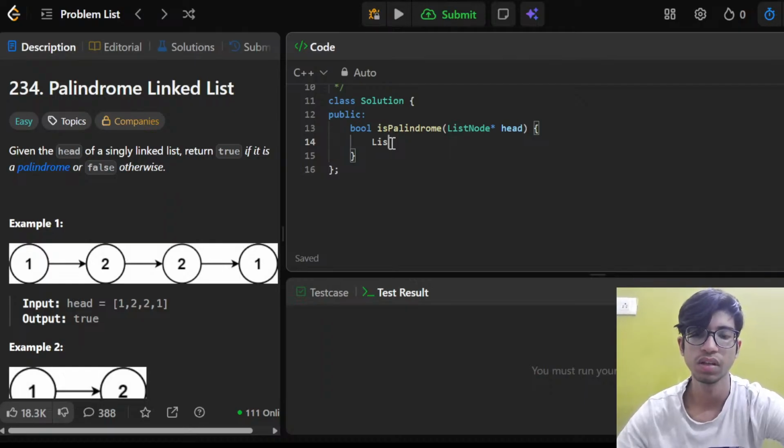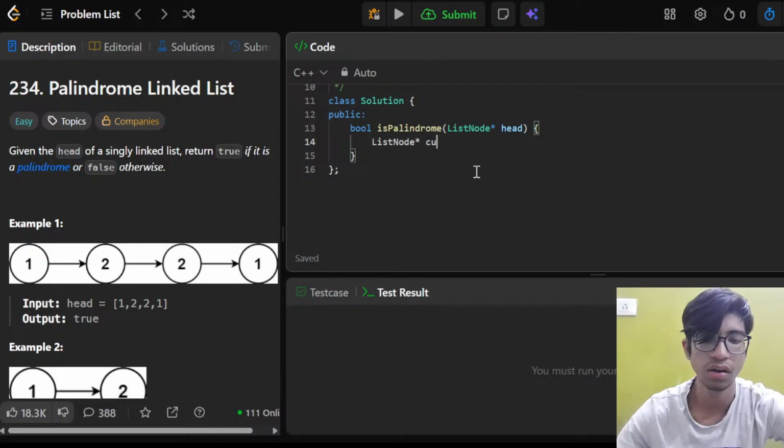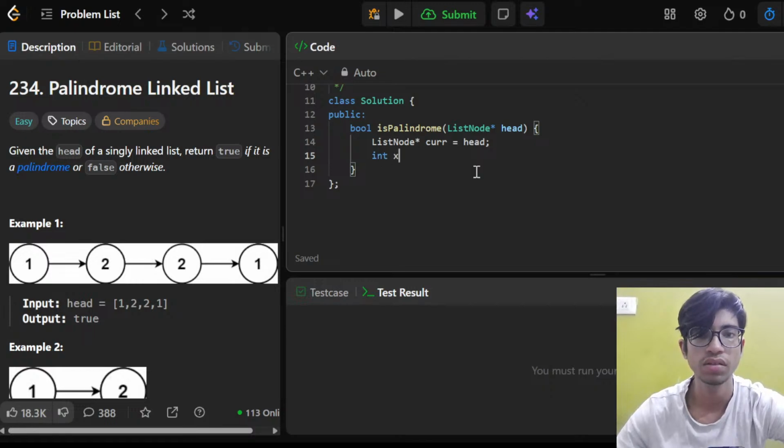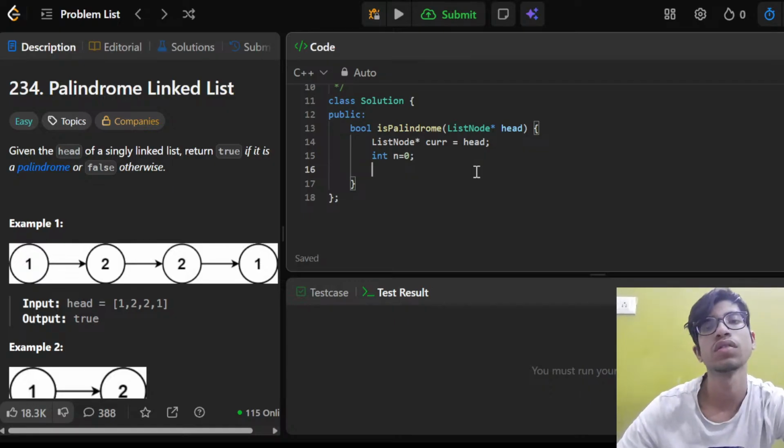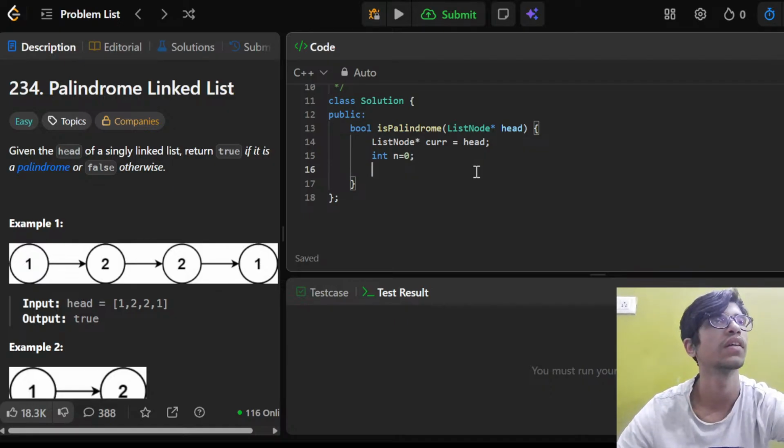So ListNode* curr is equal to head, int n is equal to 0. And then I also have to think again, right?